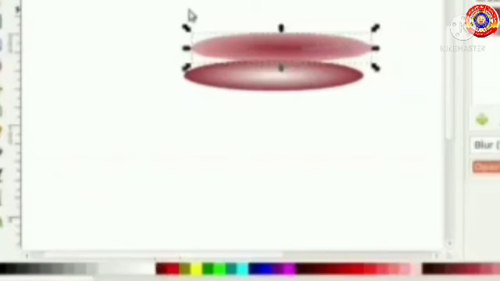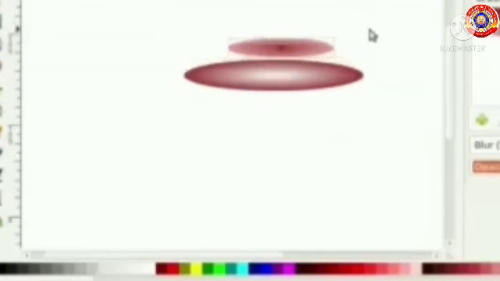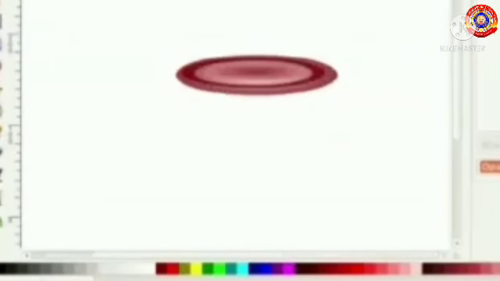Now select the object using Selection tool and decrease the size of the second oval, that is the duplicate oval. Press the Ctrl and Shift keys together and adjust the arrows at the sides of the oval to get the correct shape. Now place this oval in the middle of the first oval. Clear? Create as many ovals as you wish and adjust the positions to create a saucer like this. Note that for the first oval you have to give dark shade outside and light shade inside, whereas for the second oval you have to give light shade outside and dark shade inside.